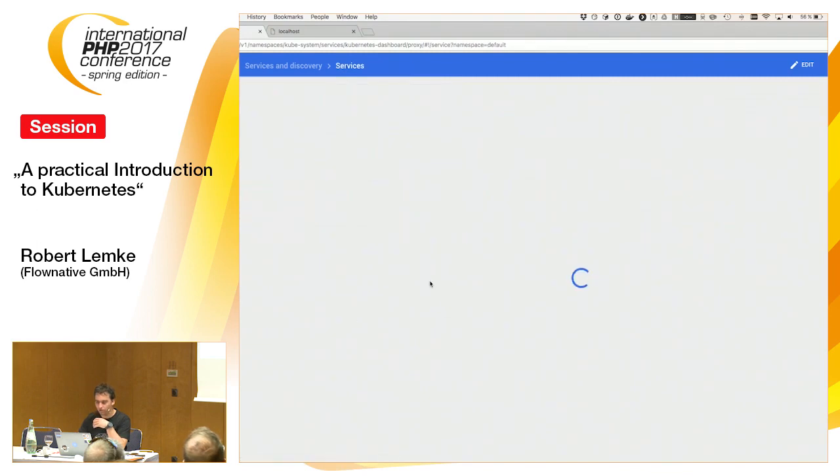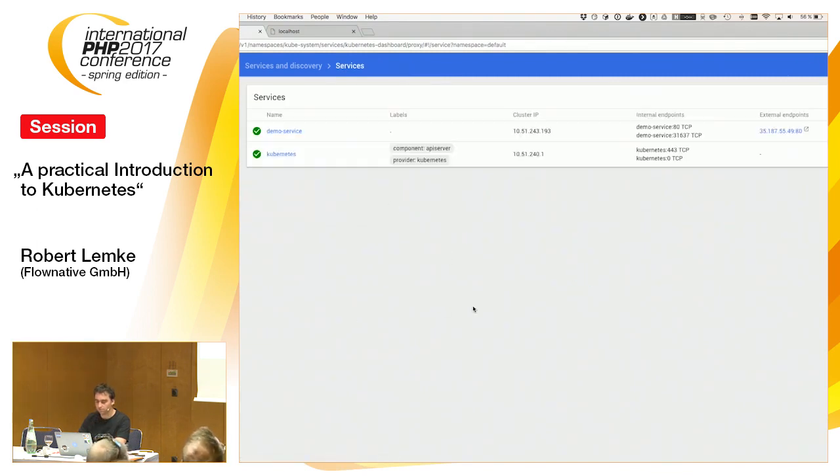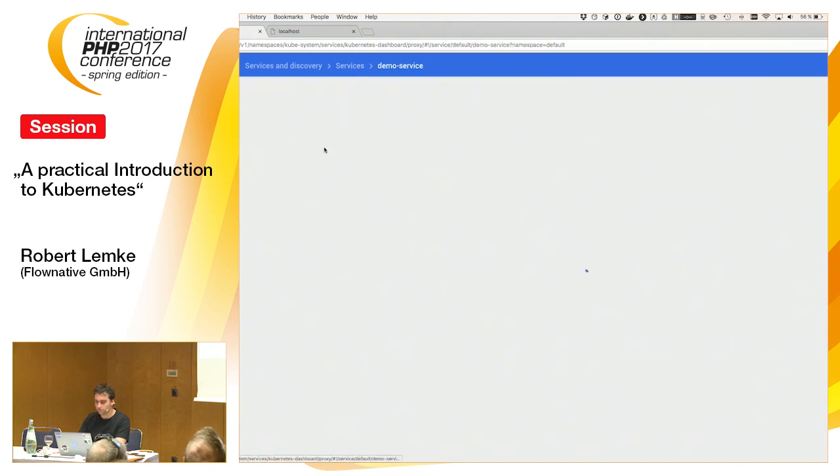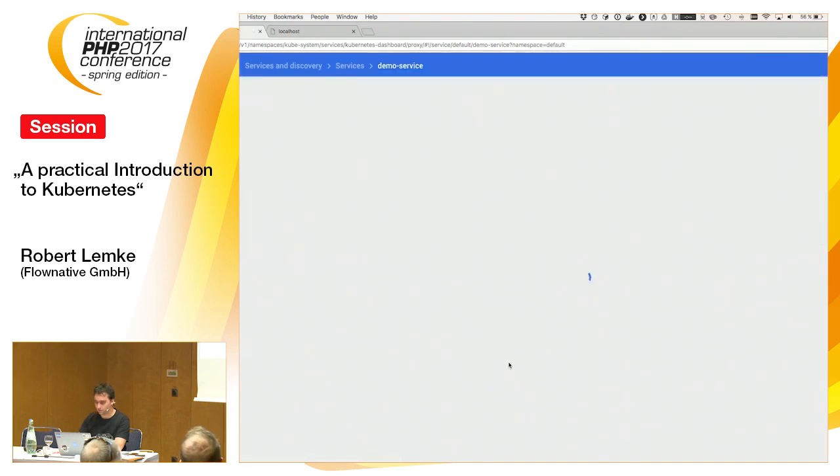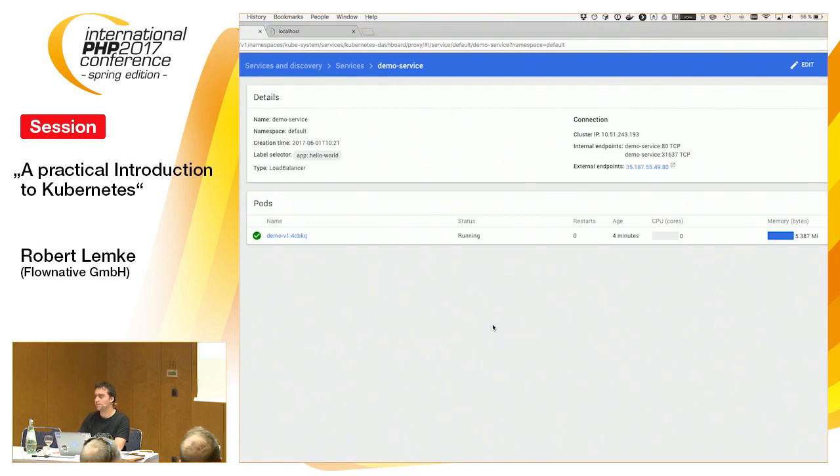And now the service will tell me, okay, the pod is still there, but it will be cleaned up in a second. And when that is gone, the service won't be able to provide any traffic to it anymore. See, is it gone? Cleaning up takes a bit sometimes.